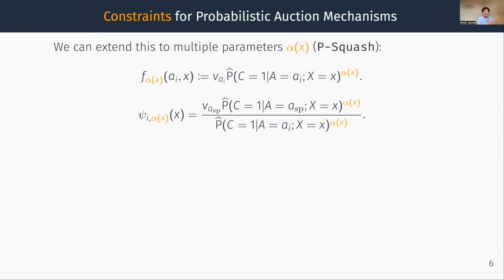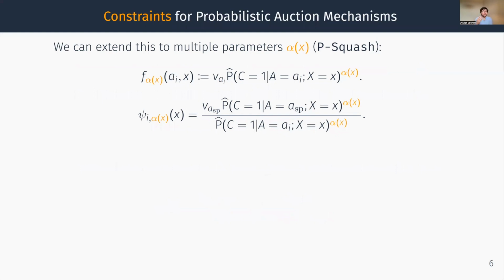Now, we can extend this single parameter situation to actually become a function of covariates, alpha of x. We will refer to this new variant as the personalized squashing, or p-squash. These covariates x can hold any sort of contextual information about the impression opportunity.